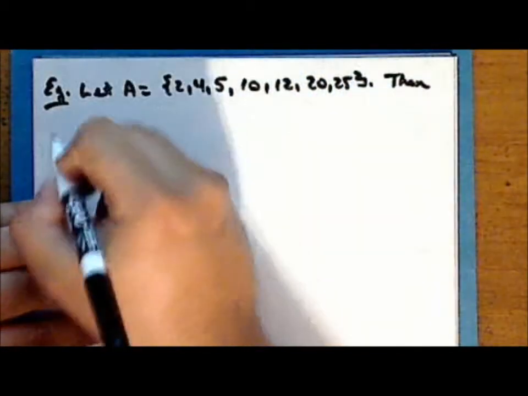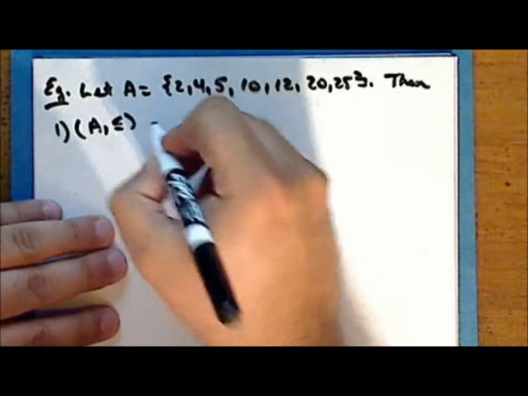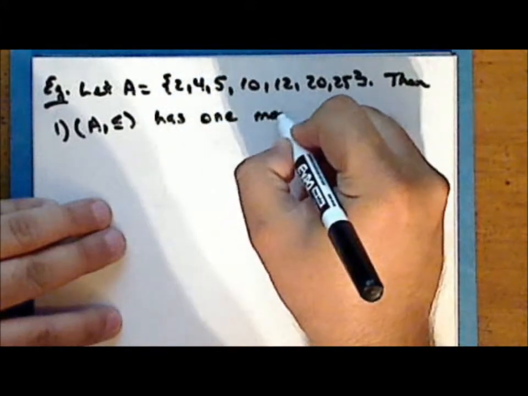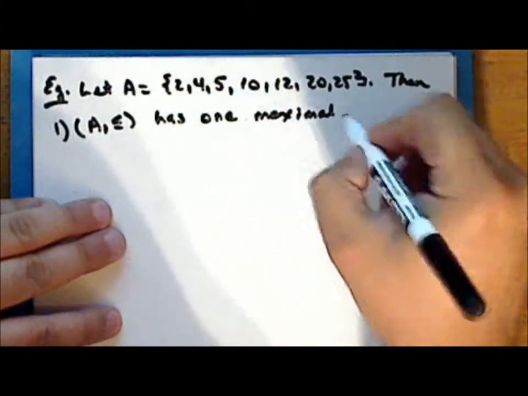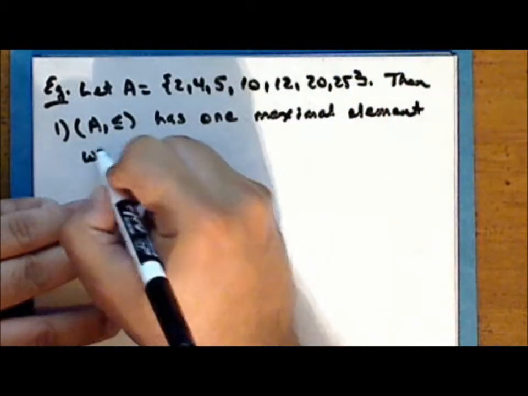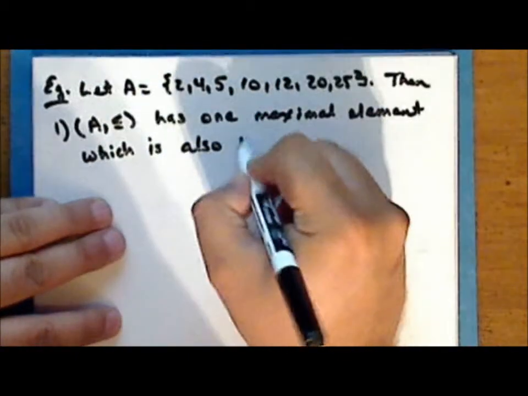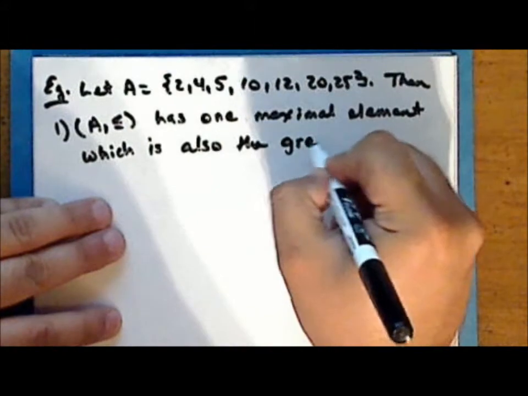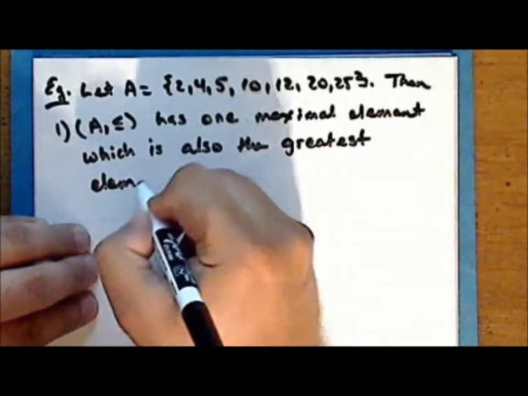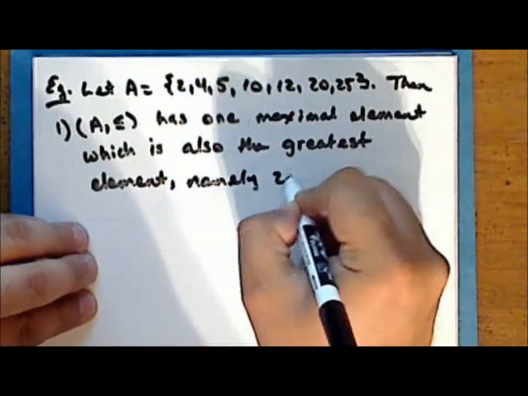Then the poset formed from the set A together with the relation less than or equal to has one maximal element, which is also the greatest element, namely 25,